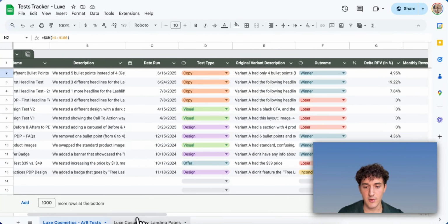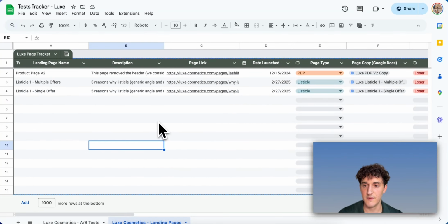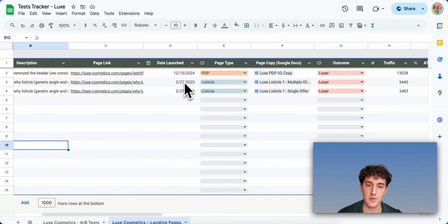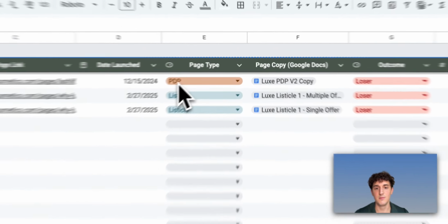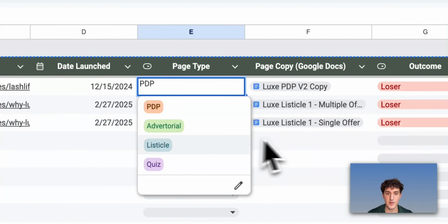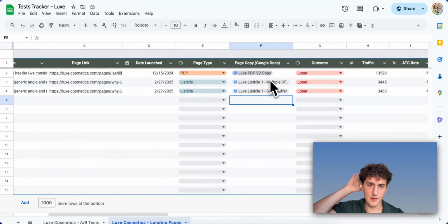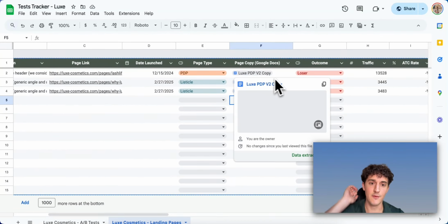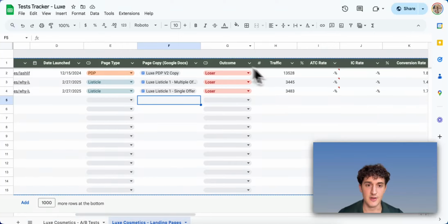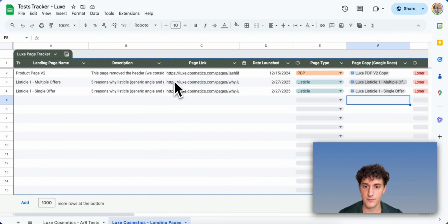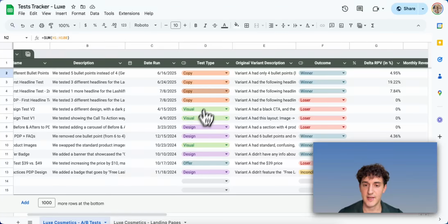Also, we've got another one on landing pages. So here you have the landing page name, description, the page link, date launched, the page type. You can select here between PDP, listicle, advertorial, and quiz. And also we have the page copy. This is a link to a Google Doc with the text format of the page, outcome, and then traffic and so on. This is a test sheet, but this is the kind of level of complexity you want to have